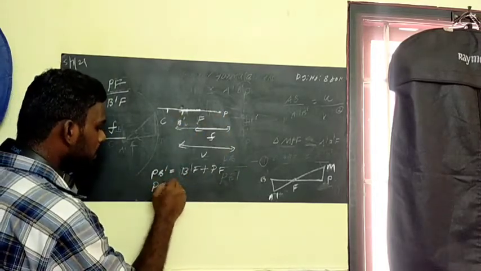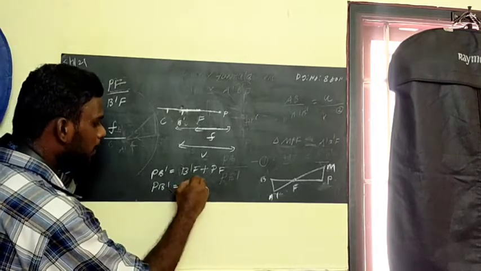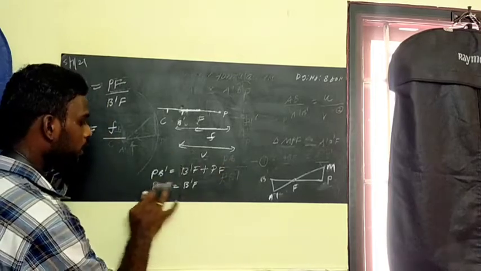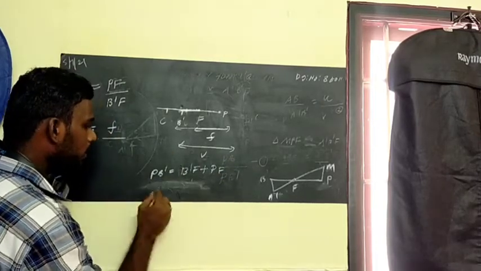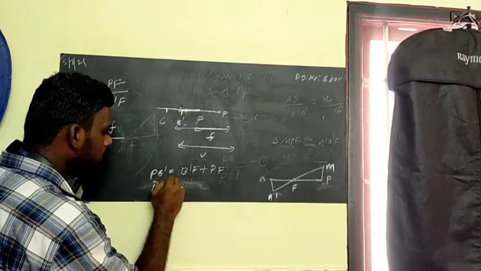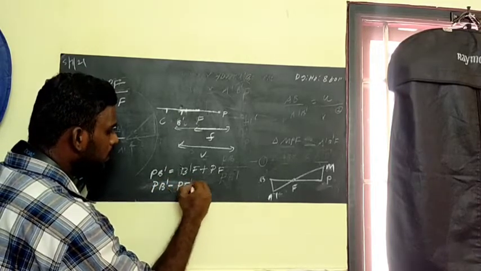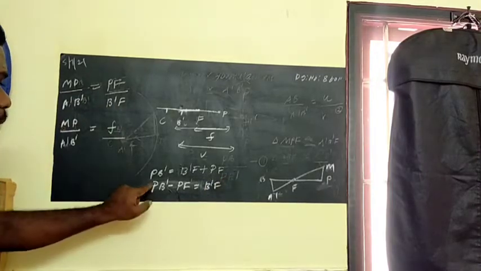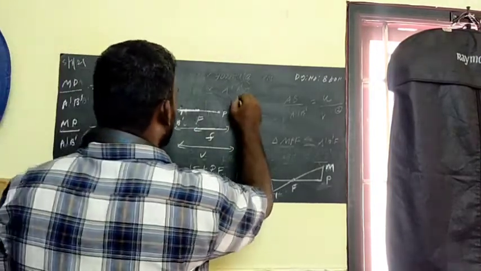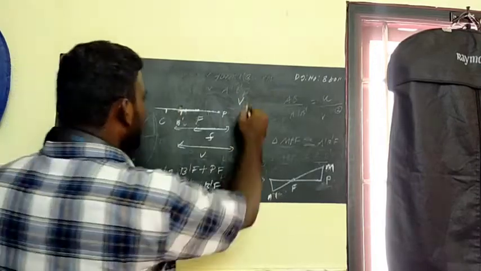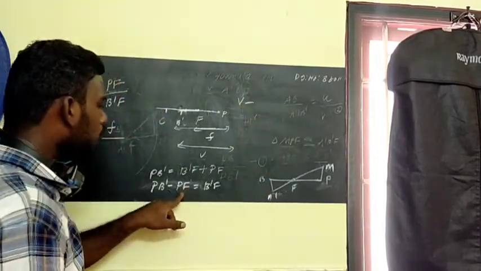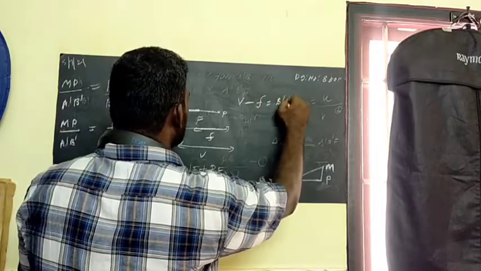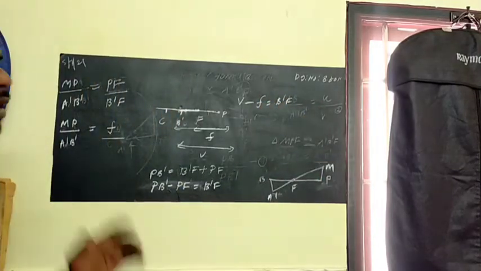We want to know the value of P'F, so what we will do, you just change PF to the left side. So you will get P' minus PF is equal to P'F. Am I right? Then what will be P', the image distance? I can take it as V. So what I can put, minus the distance between pole and focus, called focal length. That is equal to P'F. Is that clear? That is equal to P'F.